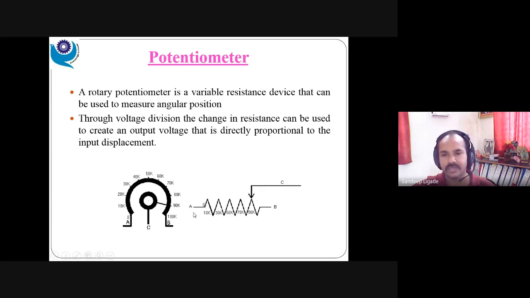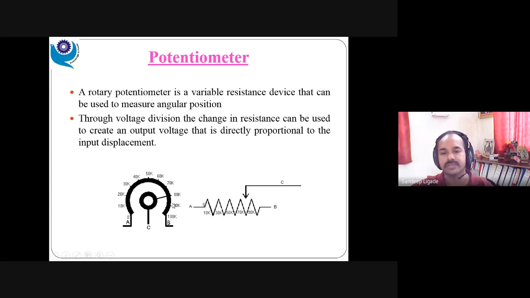Either case, this is allowed. And here the technique is what? When there is a change in the wiper, there is a change in the movement, and so a change in the resistance, and due to that change there is a change in the voltage, and that voltage is manipulated. The voltage difference we get determines the position, angle. Here the change in the voltage determines the position, and here the change in the resistance determines the angle.